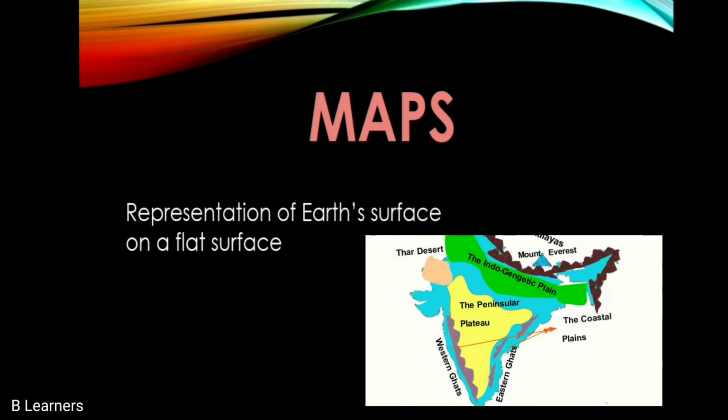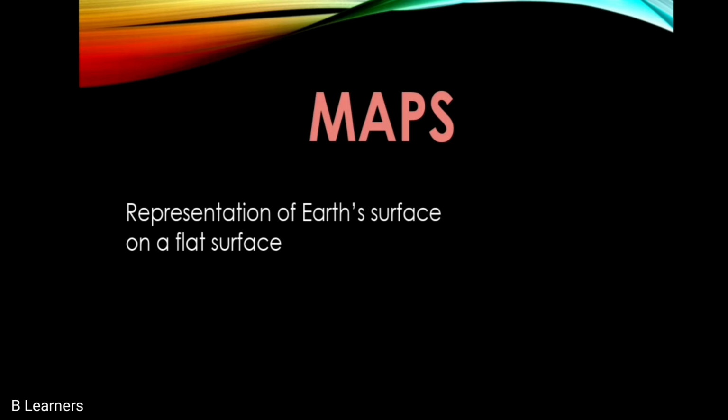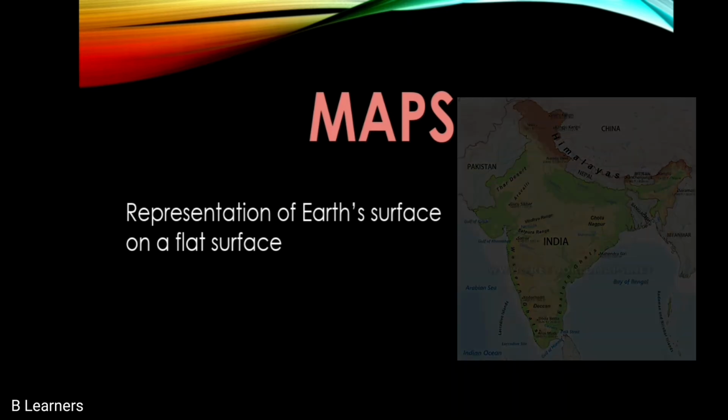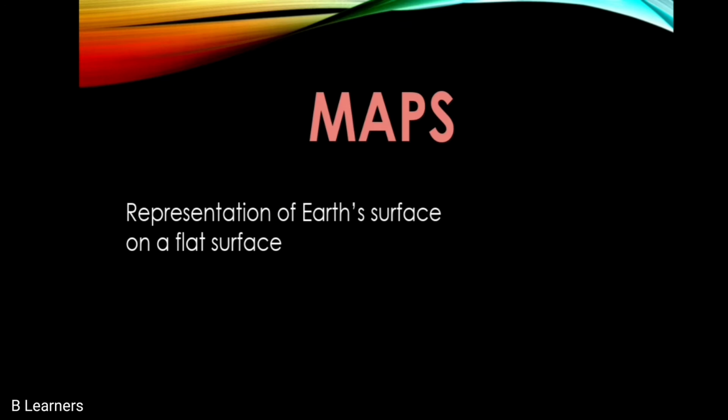So you must be thinking, which one is better, maps or globe? The answer is, it depends on what information you want to acquire. If you want detailed information, you have to take the help of a map, and maps are easy to carry also. Globes, as you know very well, don't provide detailed information, but a globe represents a true model of the earth, because a map doesn't look spherical, it is two-dimensional, but a globe is three-dimensional as our earth looks. So both have pros and cons.